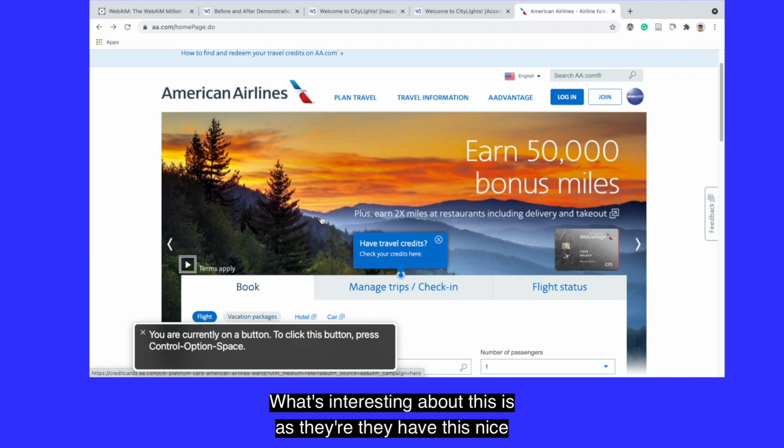What's interesting about this is that they have this nice visual slideshow, but there's no way for a screen reader user to get the image description of the different pictures themselves. You can play it or pause it, but you can't really get the description of what you're looking at. It'd be nice if it was written out, because then you could think, oh, this place is over in Utah, maybe I want to go there, or this place is Europe or Paris or whatnot. But they don't really have the description there, so that is kind of a bummer.